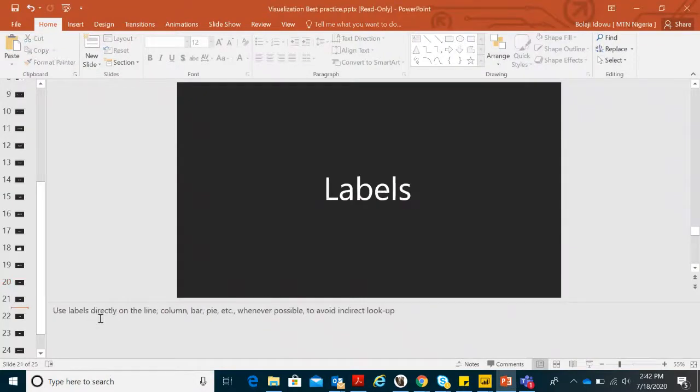Labels. It's always good to use your labels directly on the column, on the lines, your column, your bar, and pie chart. Whenever possible, try to avoid indirect lookup. What do we mean by indirect lookup? Okay, let's